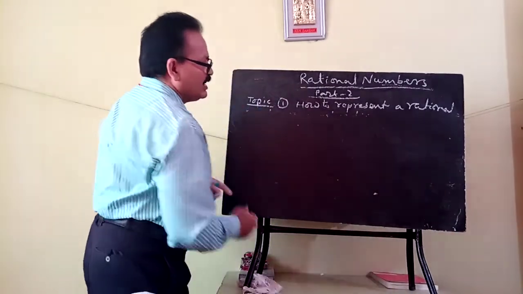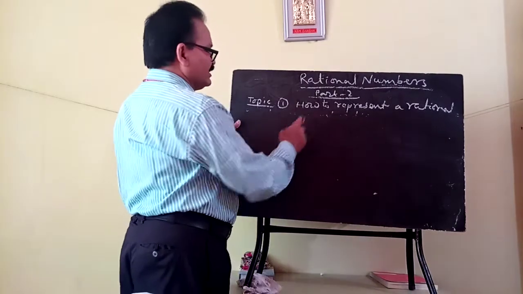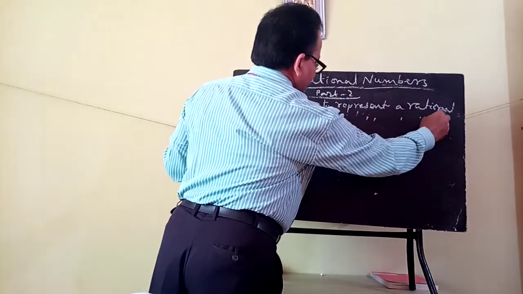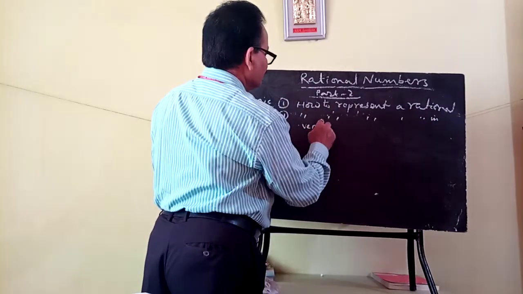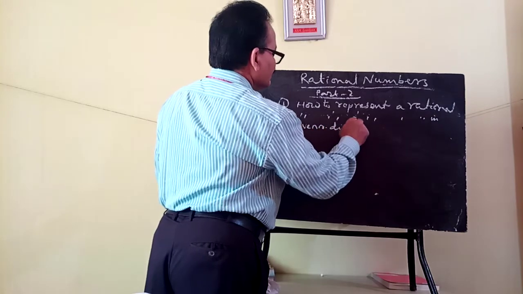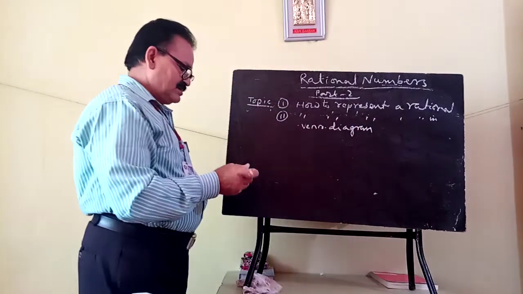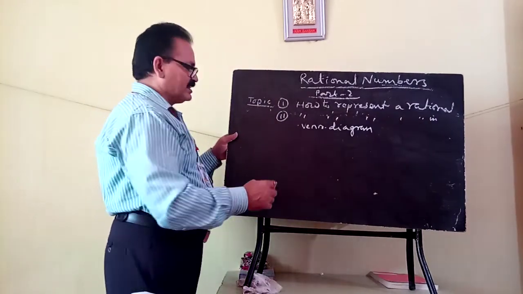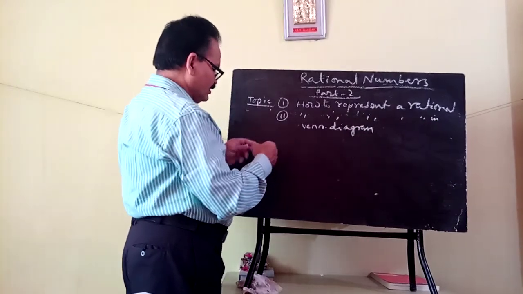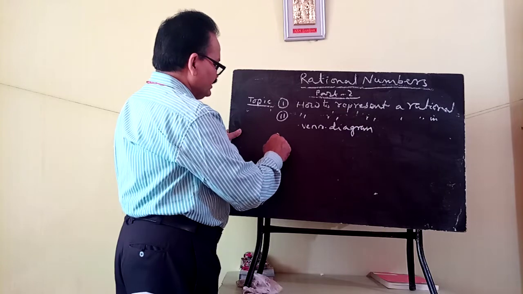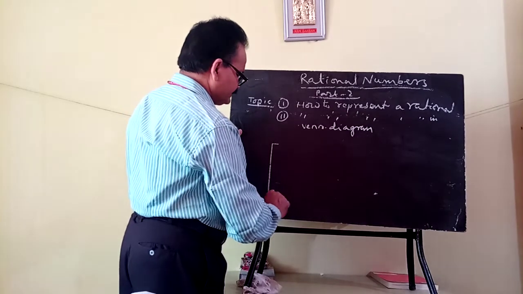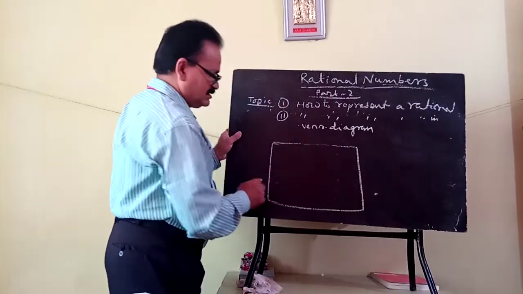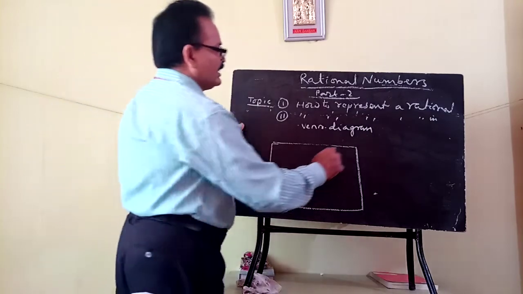So this is how to represent a rational on a number line. Now your second part: how to represent a rational in a Venn diagram. So this rational number can also be represented in terms of a Venn diagram. Suppose you have drawn a big bracket, this big bracket will be your rational number Q,